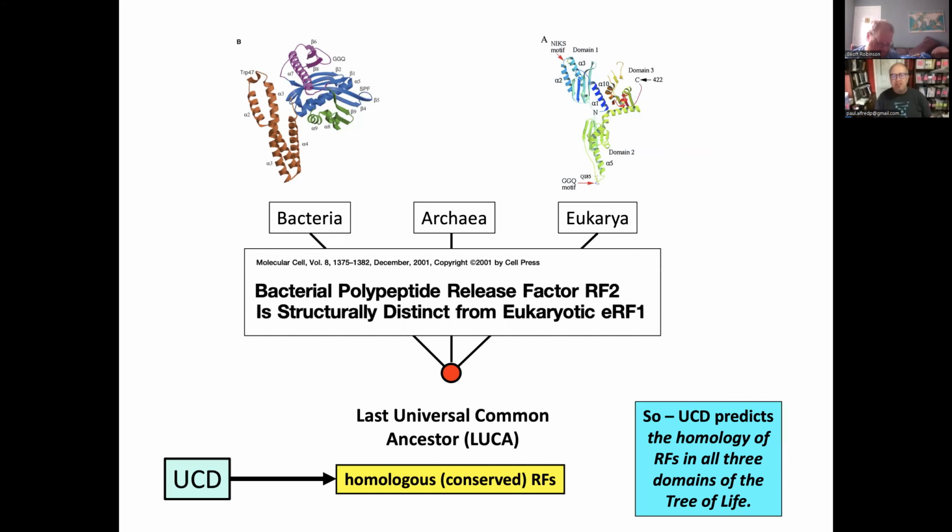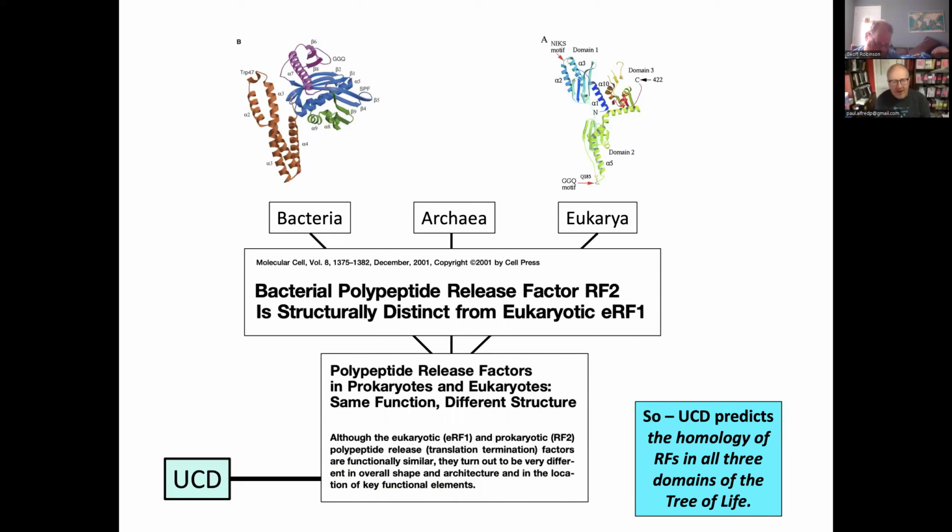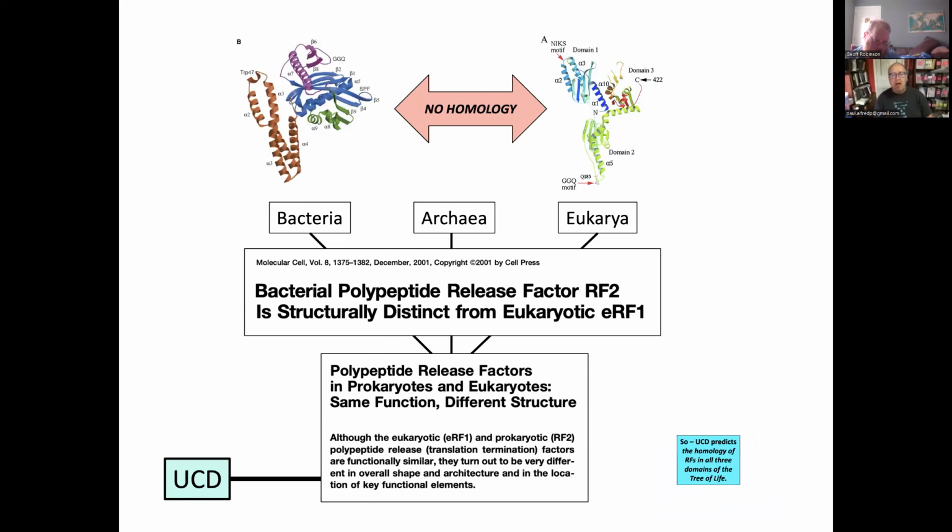All right, so our prediction is exactly wrong based on universal common descent. Now, when this was discovered, it had people scratching their heads, right? When the crystal structures for these proteins were solved, they turned out to be structurally distinct. And this was not at all what was expected on the basis of cell biology, knowledge of ribosomal function, and universal common descent. Something in that bundle of theory and assumption and data went wrong because the prediction turned out to be exactly wrong. All right, no homology between the two.